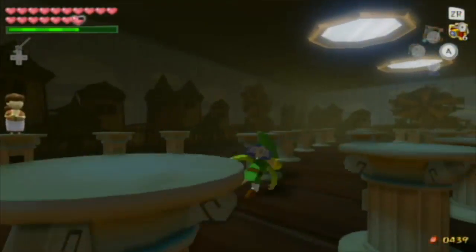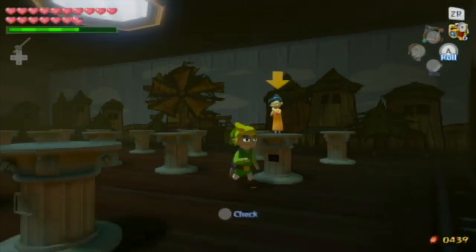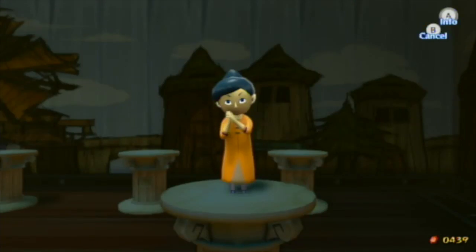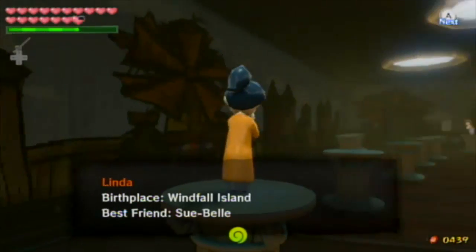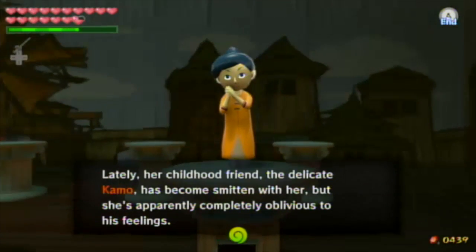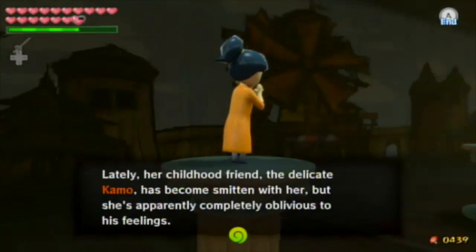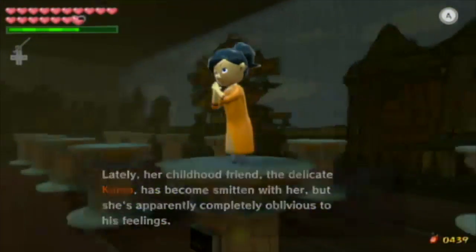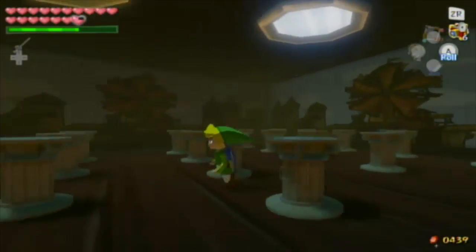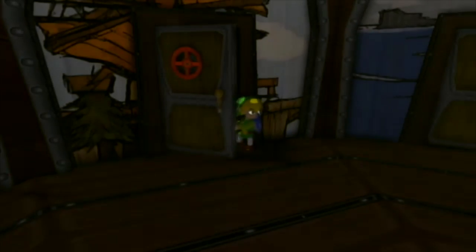So yeah. Now, here's a picture of the lady we hooked up with that guy in the striped shirt. Linda, birthplace Windfall Island. Best friend, Sue Bell. Lately, her childhood friend, the delicate Kamo, has become smitten with her, but she's apparently completely oblivious to his feelings. Now, Kamo is actually the guy we gave the pictograph of the full moon, so yeah. Sorry, Kamo, but the other guy took her. But anyway,